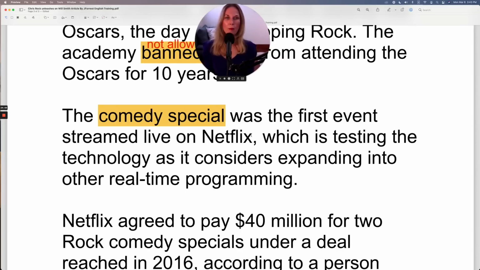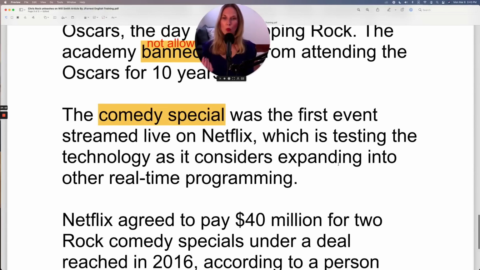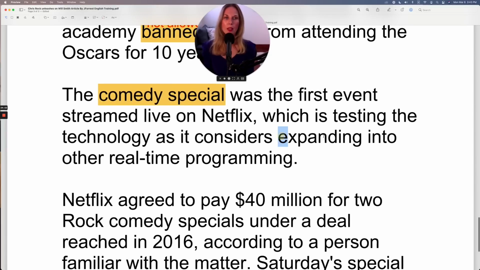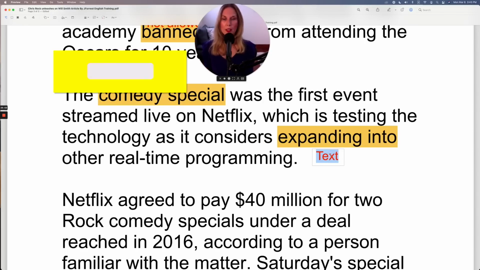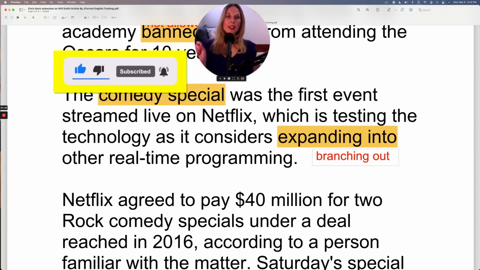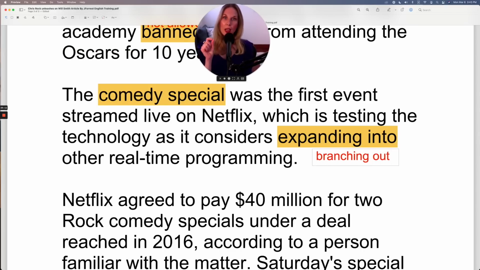I didn't know that. Which is testing the technology as it considers expanding into other real-time programs. Expanding into, this is a great expression. You can use it as is. There's a phrasal verb that means the exact same thing and is quite common. So let me share that. And that is branching out. As it considers branching out